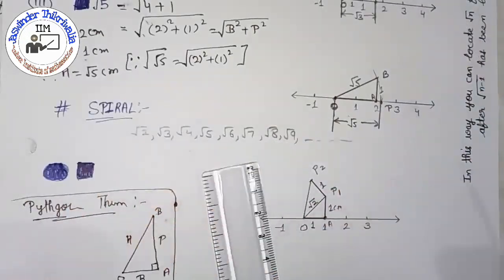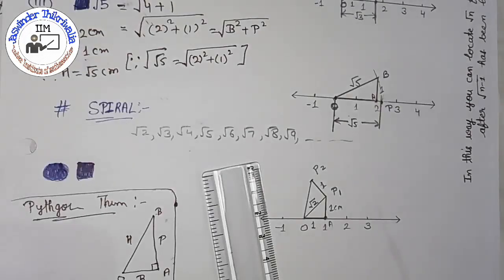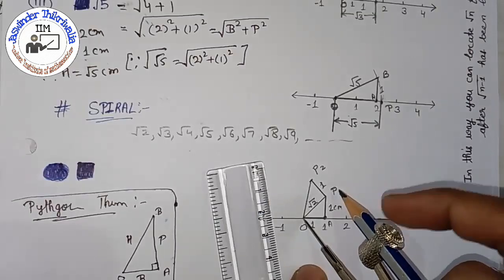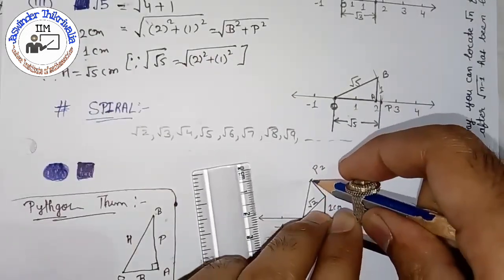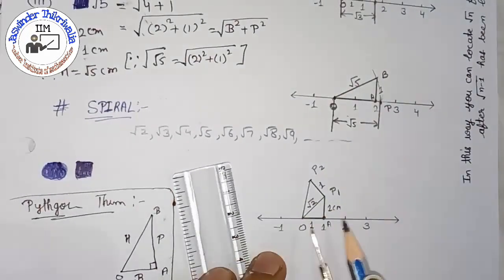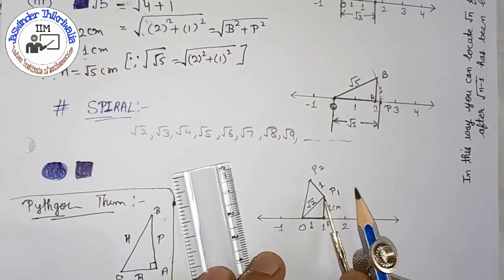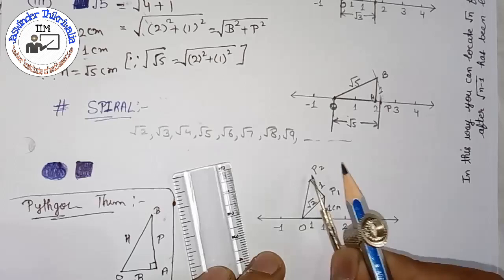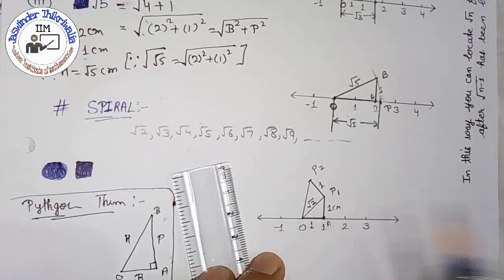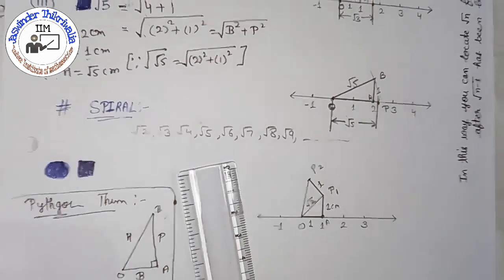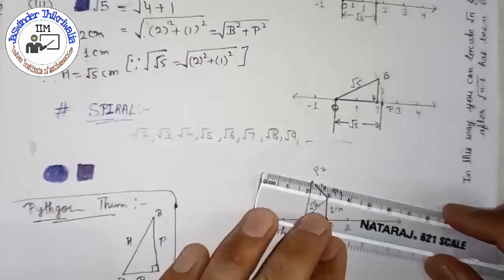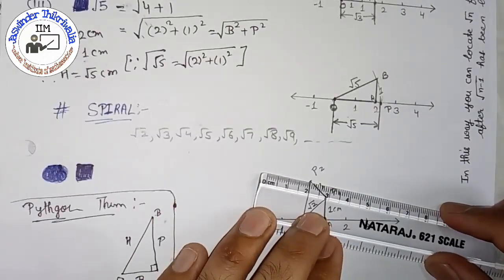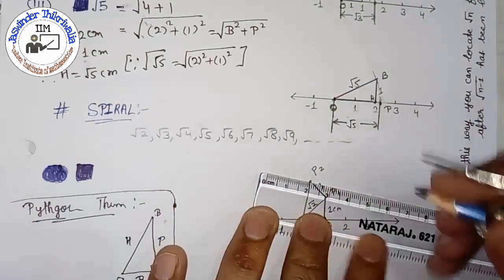Okay, so now if you want to locate this on the number line, just open your compass to the length you need on the number line and draw an arc. Again adjust the compass and draw an arc. From O to A, points will come up. Here will be the shadow of P1, then next will be the shadow of P2. You can locate all the points, but I want to make a spiral. So for this we have to make a perpendicular again at the P1 and P2 points, as we have made on P1.